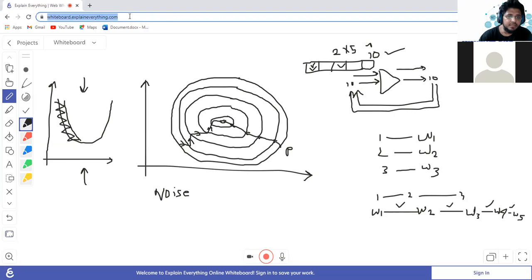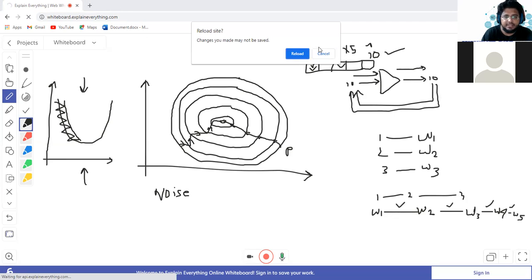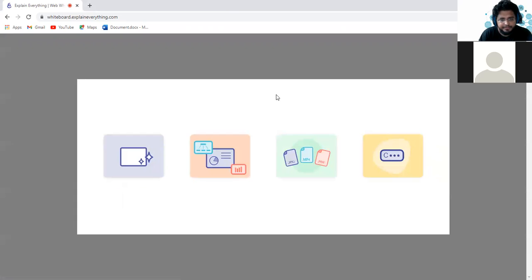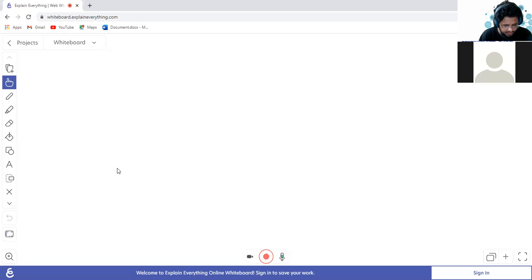But before that, let's understand one more concept called the global minima and the local minima. During backpropagation, we always have some kind of loss function, right? You have seen yourself, there are multiple types of loss functions. The one that I have mostly used is the mean squared error loss function. But as you saw in the code, there are binary cross entropy, categorical cross entropy, and many other mathematical loss functions that can be used.